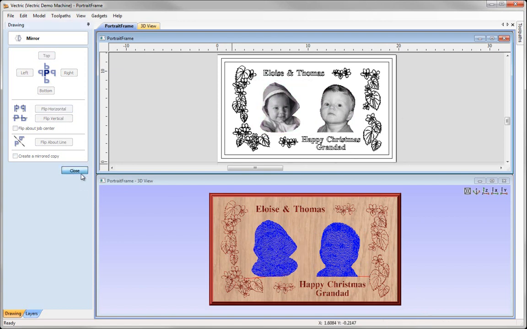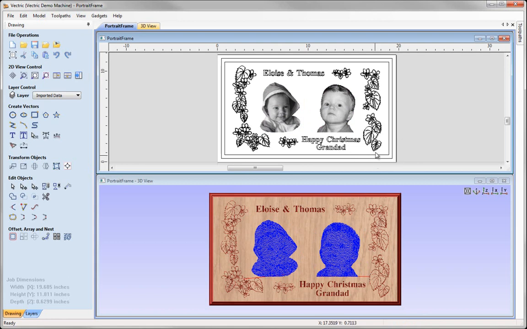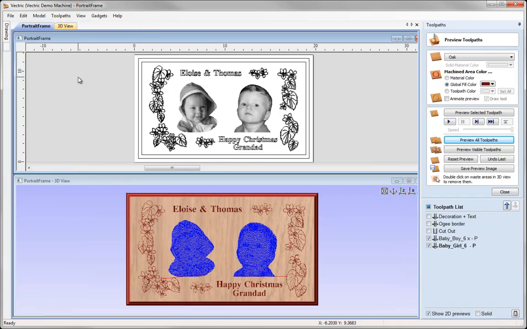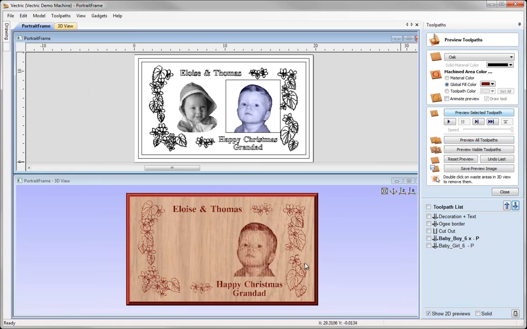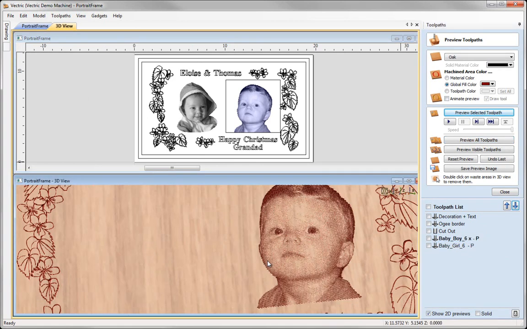And once the composition is exactly as we want it, we're ready to just nip across now to the Toolpaths tab, and we can simulate and preview exactly what the final plaque is going to look like. When I go across to the Toolpaths tab, we can see that two new toolpaths have automatically been added to our toolpath list, which have come from the Photo V-carve files. So we can select baby boy, for example, and preview that toolpath,